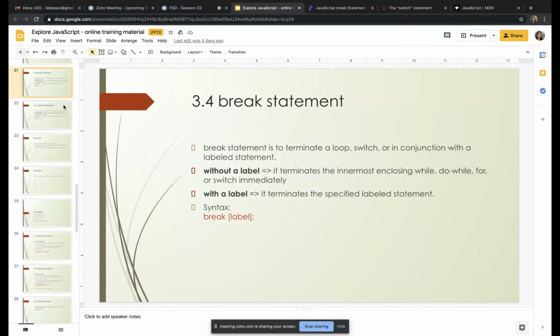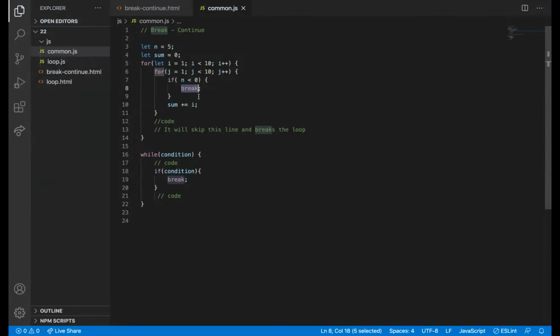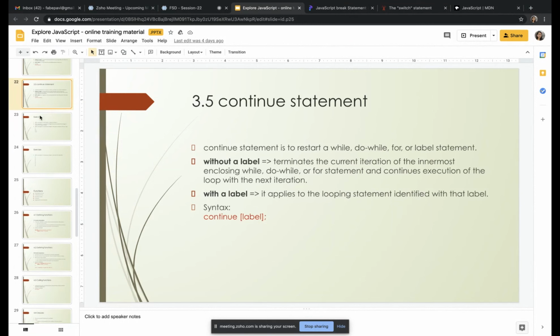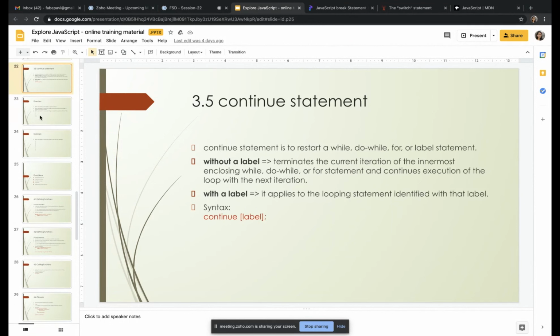Okay. What is the continue statement? We have written a word called with a label. So actually there is a concept. We can add a label for the break, like here. We can add a name to a for loop and all. But it is rarely used in JavaScript. I also have never used that. So we can skip that. Just to know that there is a thing with a label we can use. So here it is mentioned, but in practice we are not using it.